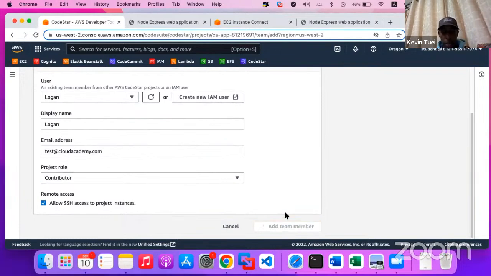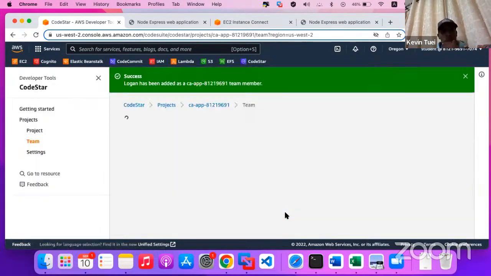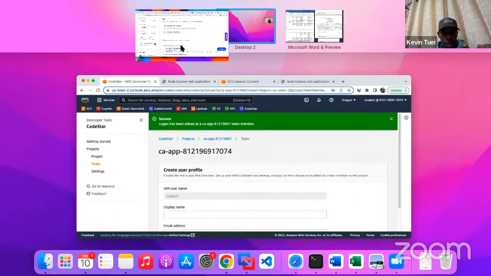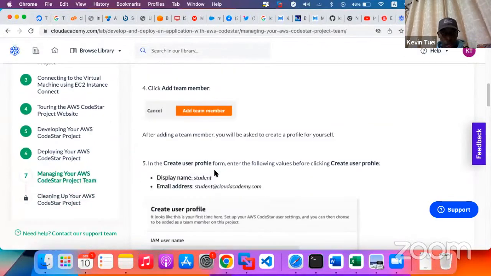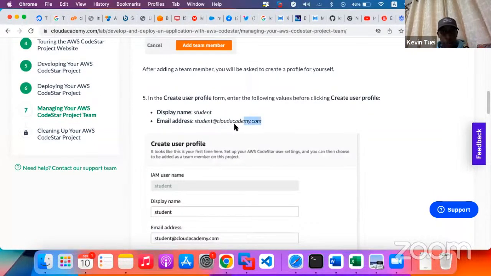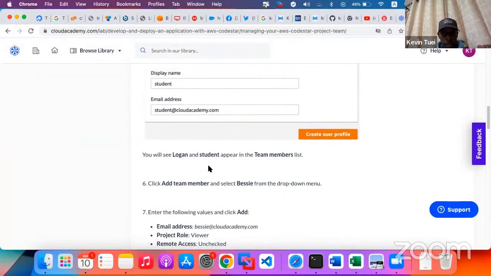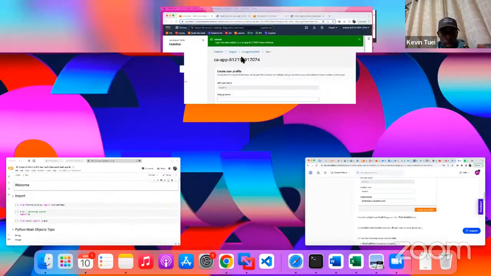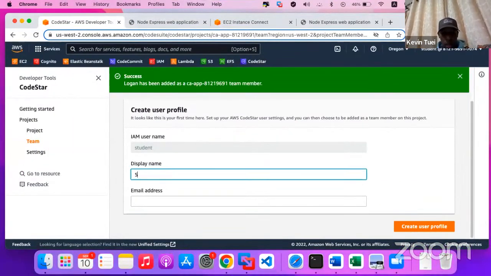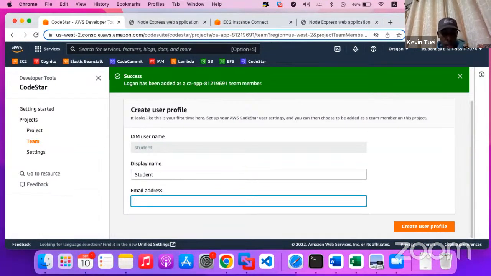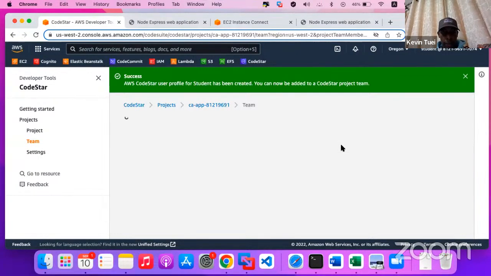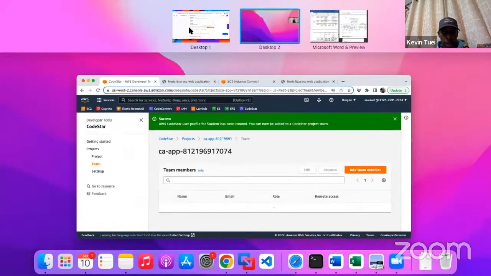Then I'll add team member. I think I'm supposed to add a profile for myself. And I'm supposed to do what? I need to put my email as student. And then I'll create. After you do that,